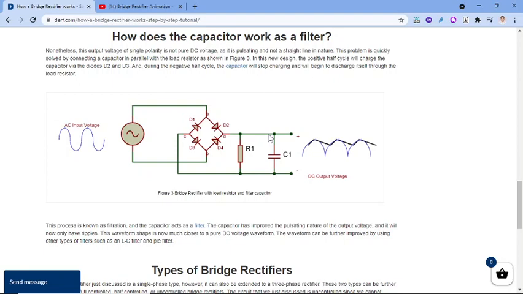For the frequency of the AC cycle, the capacitive reactance is very less, therefore the AC current flows through the capacitor, and in the output we will get only the DC. So there will be a little AC current in the output, and the output pattern is like this. Okay, this is the output